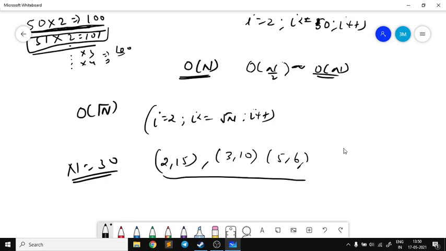So one thing we can see here is that the largest factor or divisor we need to check will always be less than or equal to the square root of n. Here we can see for 30, the square root of 30 will come out to be 5, and if I take the ceil of it, it will come out to be 6. So now I can reduce my range of iterations for checking the divisor to square root of n, that is from 2 to square root of n.